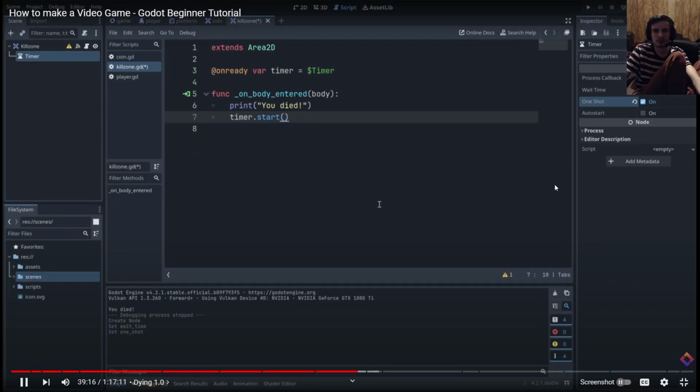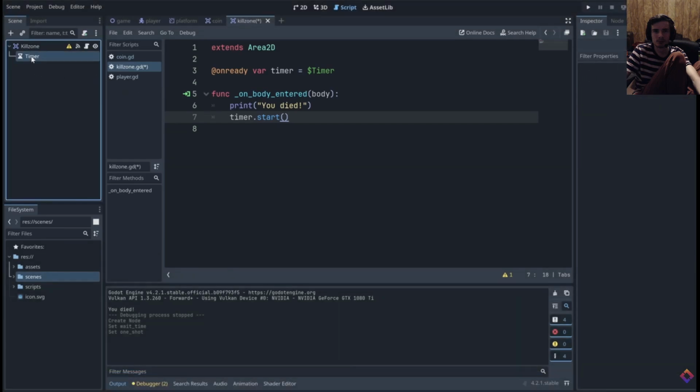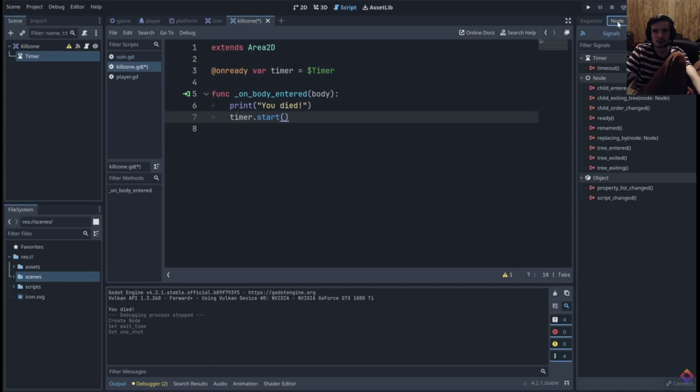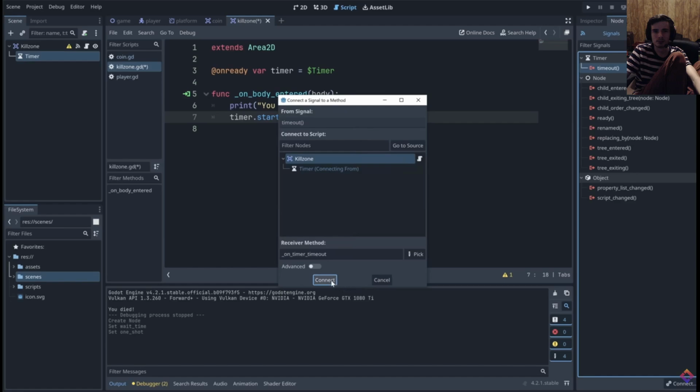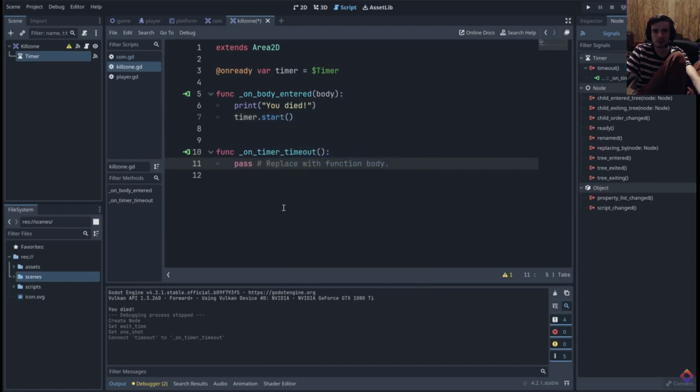Trigger some code when our timer runs out. And again, we can use a signal for this. So with our timer node selected, let's go under node, and here's the timeout signal. So let's double click that and hit connect. And this creates a new function called onTimerTimeout that runs when the timer ends. And then in here, we can simply restart our game. To do this, we first